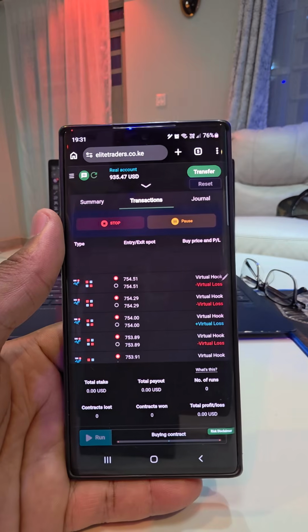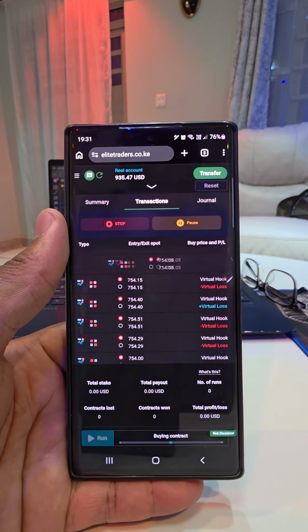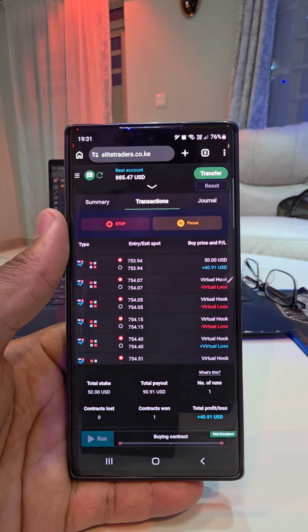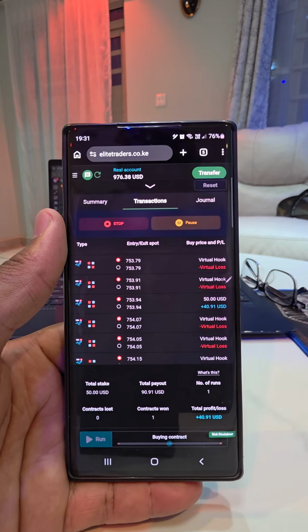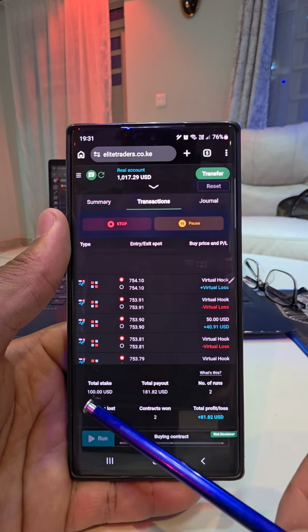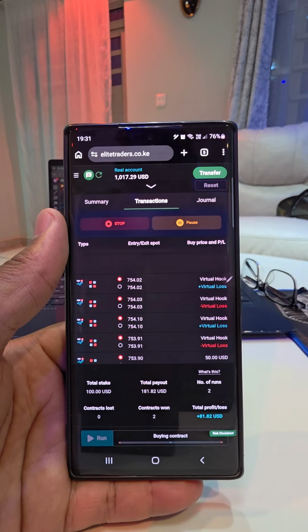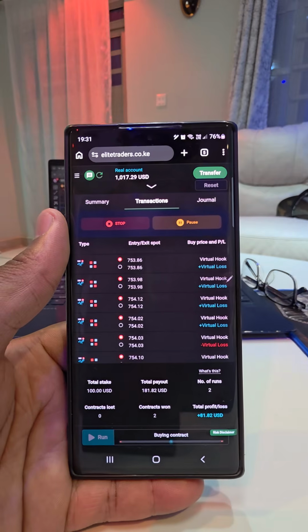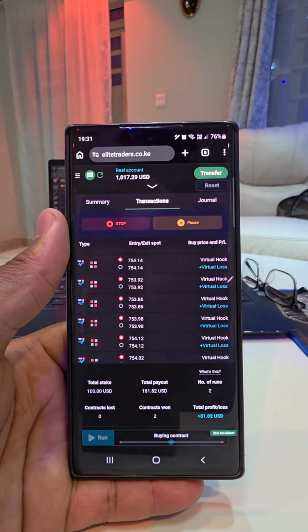Something else that I want you to watch is what you call the trading volume. Trading volume is like the trades that you execute. So ukiangalia hapa trading volume yetu ni ngapi? Ni 100. You can actually see it right here. So that means in case you deposit like kitu kama ngapi,